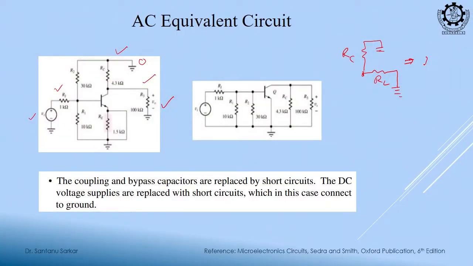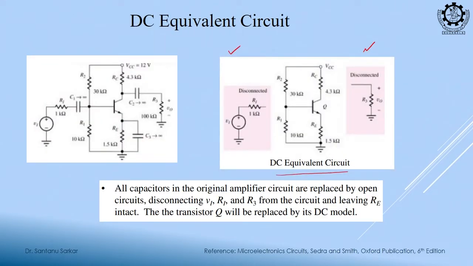Right, and if we redraw this, suppose this is my X node. This will be RC and this will be RL, and these are shorted to ground. So, that is redrawn here as a parallel circuit. At first glance, if you see the complete circuit, you will be astonished how this RC is coming in parallel to RL, because in the complete circuit or the DC circuit it is not, but in the equivalent AC circuit what we are considering,